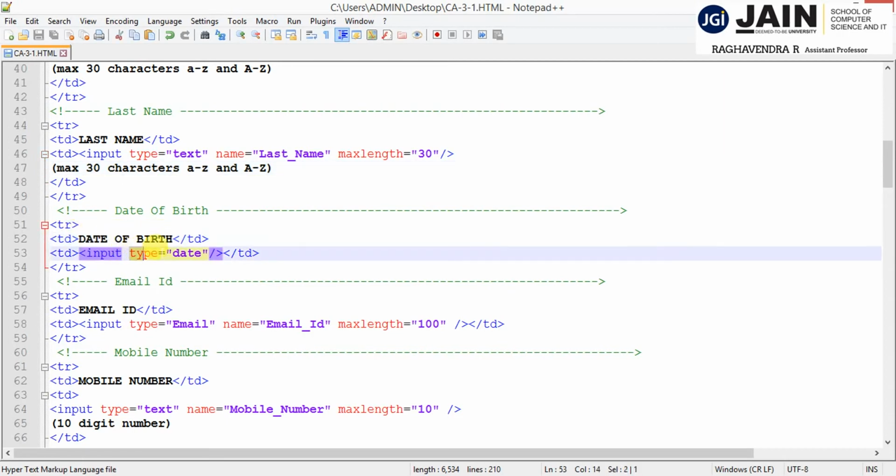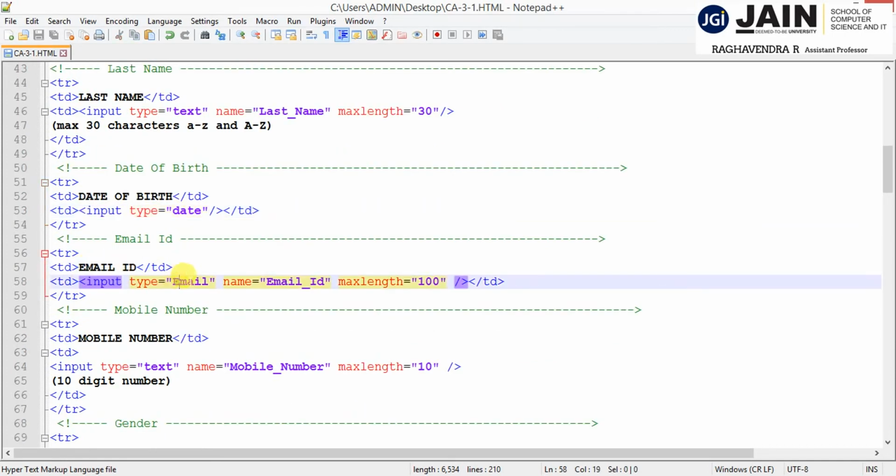Here, type equals date. When I use that date type, the calendar will automatically display. By selecting the date as well as the year and the month, we can select the date of birth. And the next field I'm taking is email ID, type equals email,